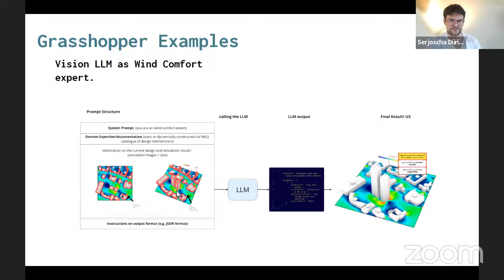And what's important here, a good trick and strategy, is to annotate the images, not just take the plain images of your 3D model, but for instance add some building IDs on top of them, because then it's much easier for the large language model to reference particular specific areas in your image, in this case, buildings, right? You could also experiment with grids or other aspects, but that's crucial to make them more stable and work. And in the end, we instruct how the output should look, JSON format in this case, send it to the model, and then get this JSON structure back that we can then use in the user interface to create these annotations.